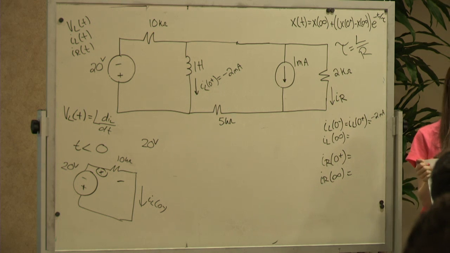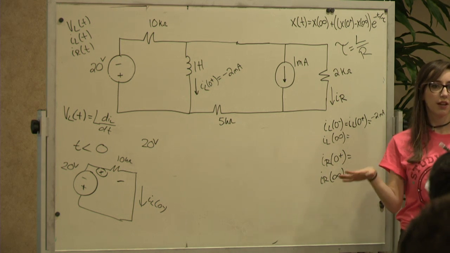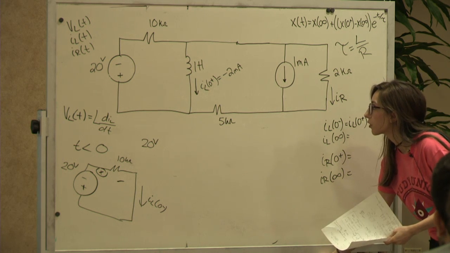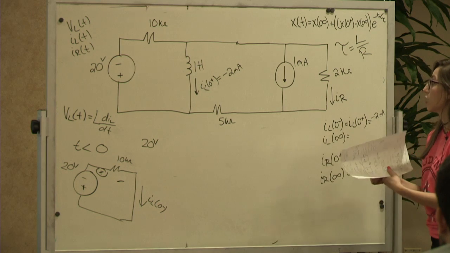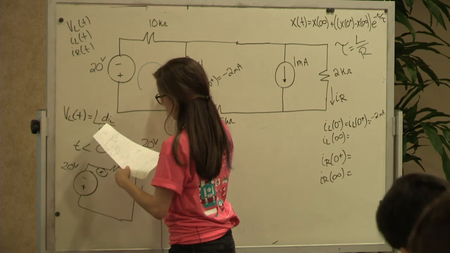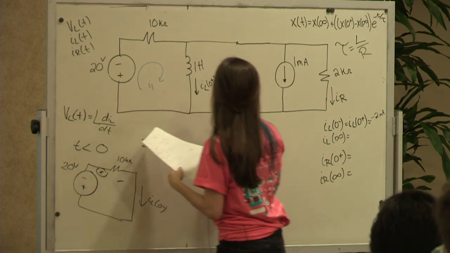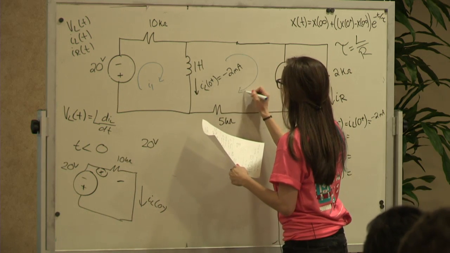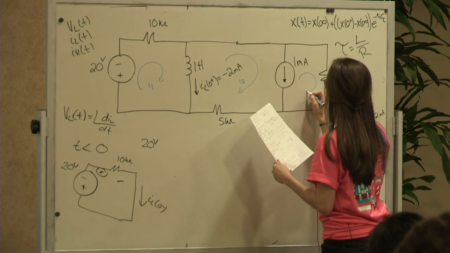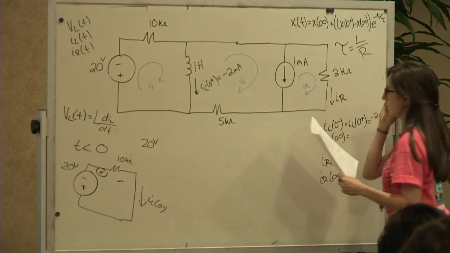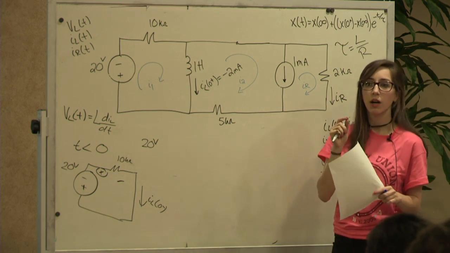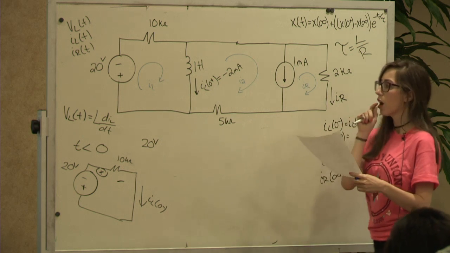Do you guys mind if I show you both ways, the node voltage method and the mesh, and show you they'll equal the same, depending on which one you're more comfortable with. So we'll start off with mesh. We'll call this I1, we'll call this I2, and then we'll call this IR. Now, remember that